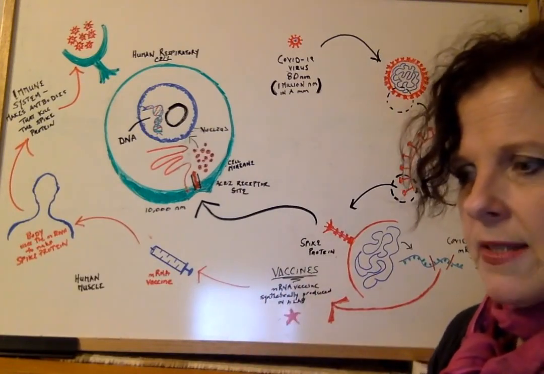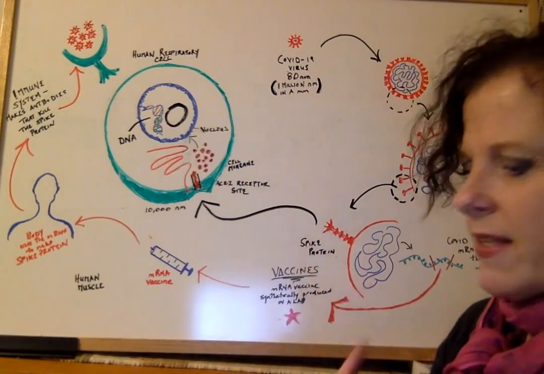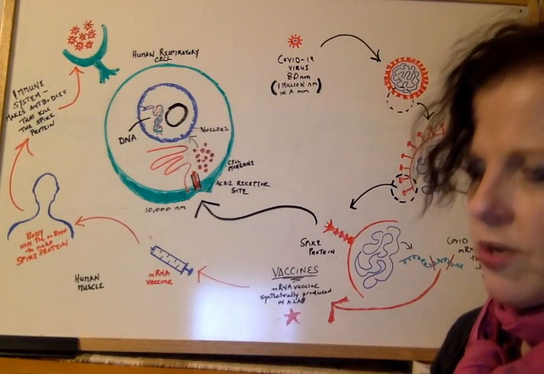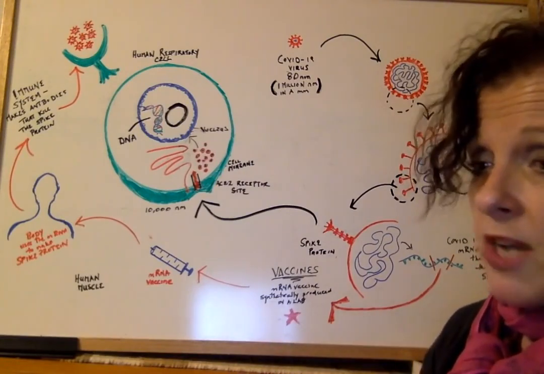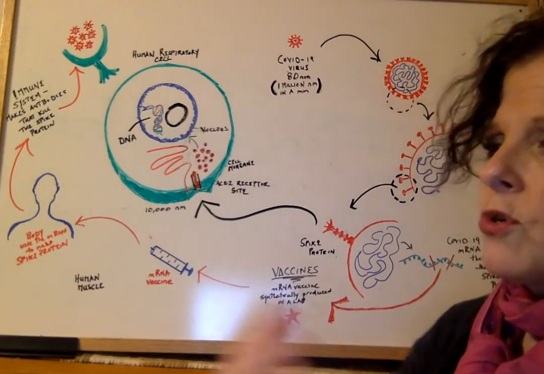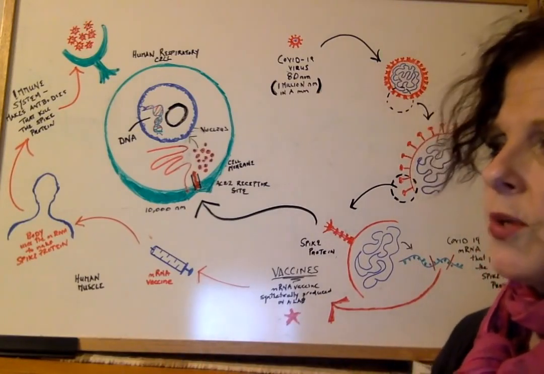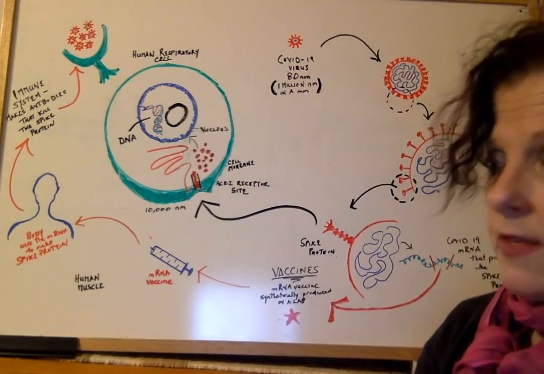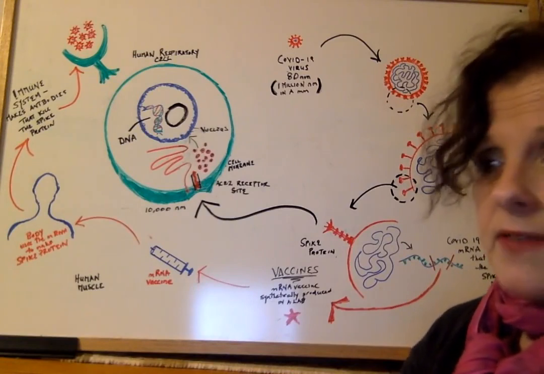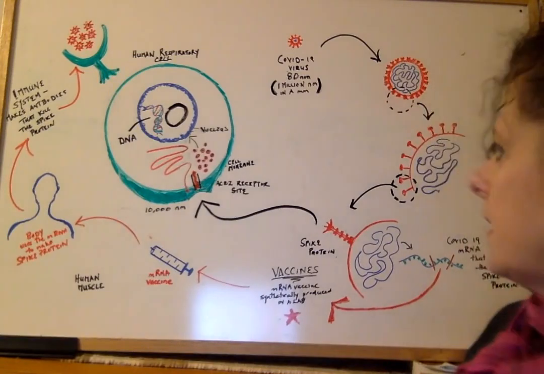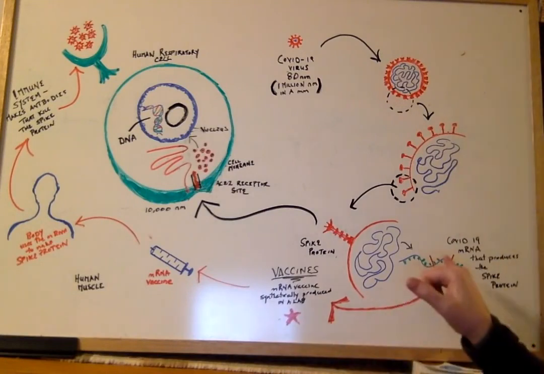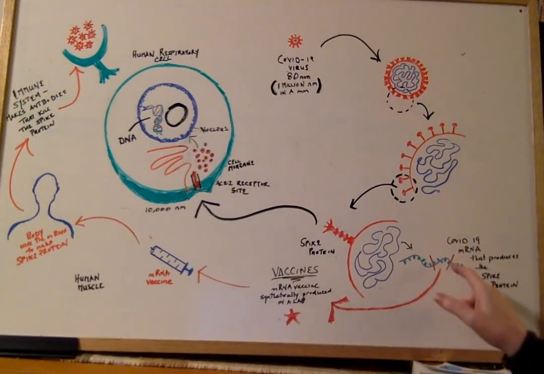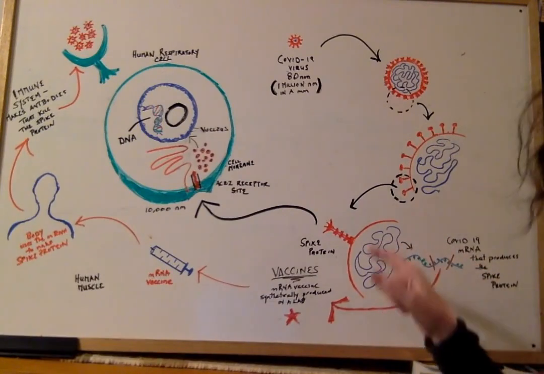In order to make vaccines out of messenger RNA, what the scientists needed was enough resources, money, it's billions of dollars to run a research trial, and they also needed subjects, people who were infected with a virus, in order to run these large randomized controlled trials where you give the vaccine to one group, you don't give it to the other, and you see what happens. And in this case, the group that gets the vaccine is not getting infected with COVID-19. So what they've done is they have synthesized this tiny piece of mRNA, which is part of the virus's RNA,